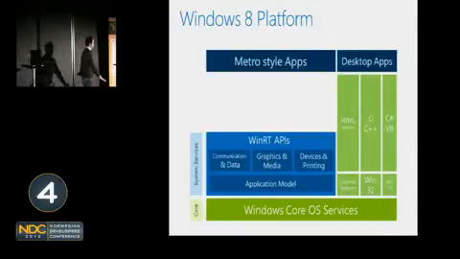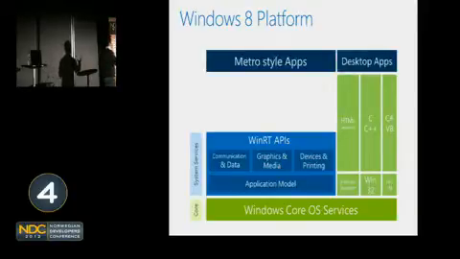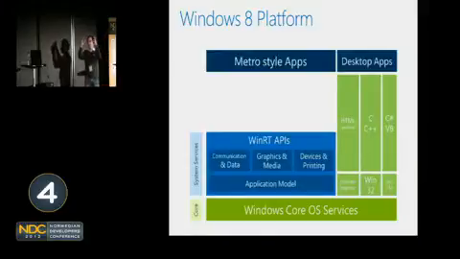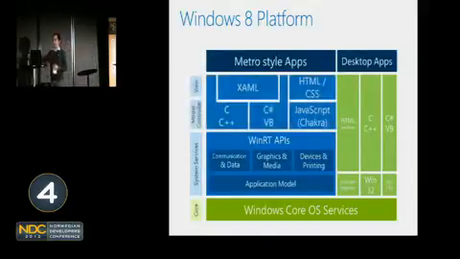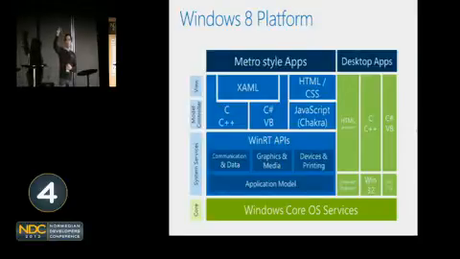We have the kernel. On top of the kernel, there is Windows Runtime, which is a set of APIs that the operating system exposes. And on top of the Windows Runtime, there is the language that you use. We call them projections. And there are 3 projections. Number 1, C++ and C. Number 2, C#, VB.NET, with